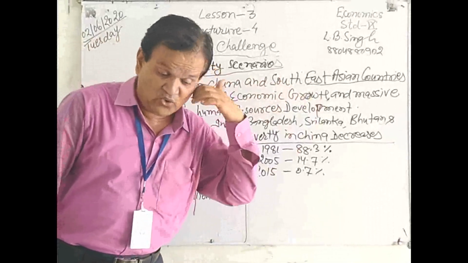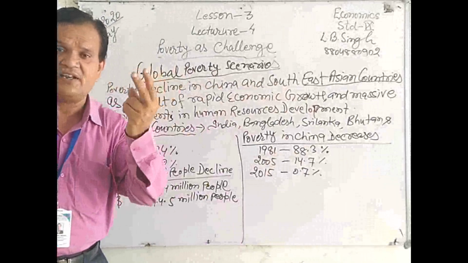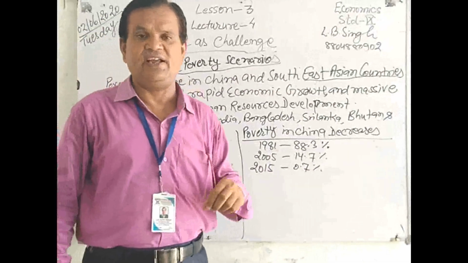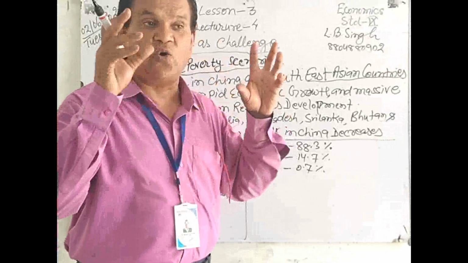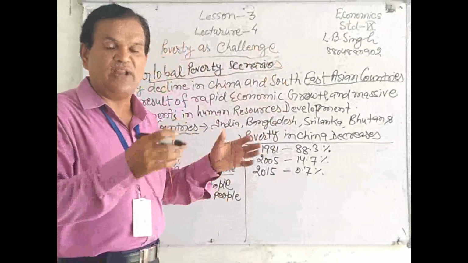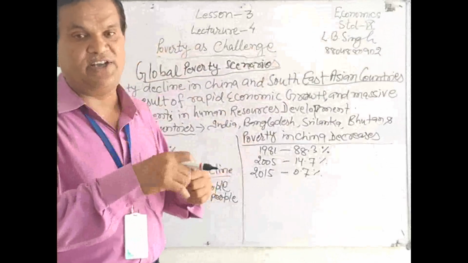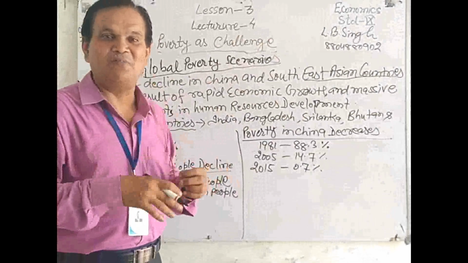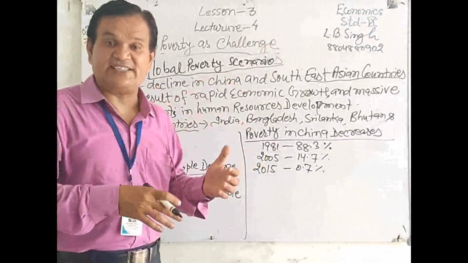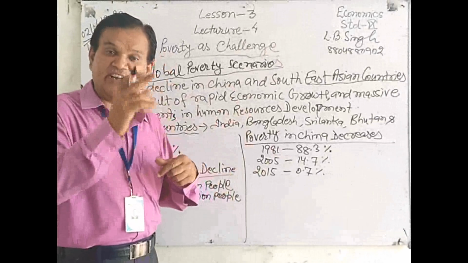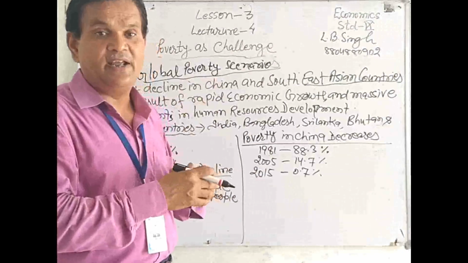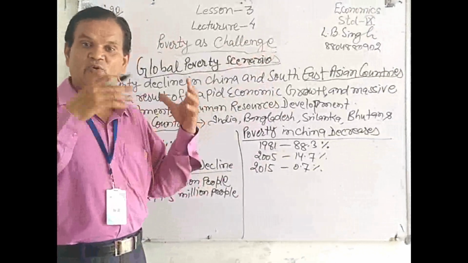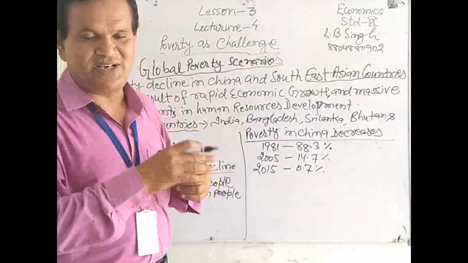I request you, suggest you, there are two main points on which we have to study. One is what are the causes of poverty, and what are the steps taken by the government to remove poverty, not property, poverty from the country. Regarding this, we have to study in the next lecture. You be ready. You have to ask the question. I will give you the answer. This way your knowledge will increase.